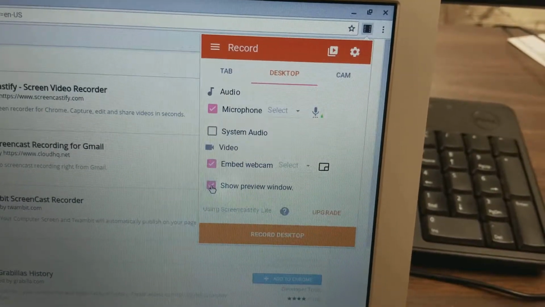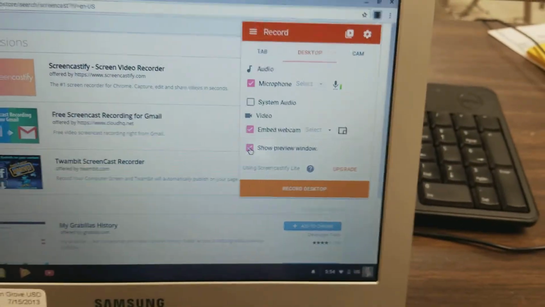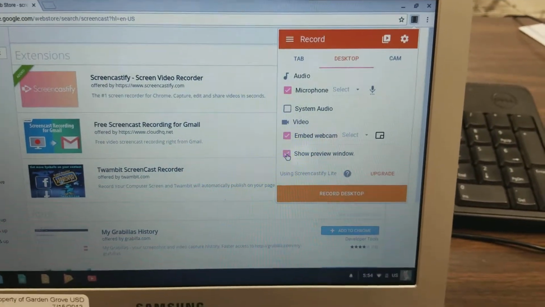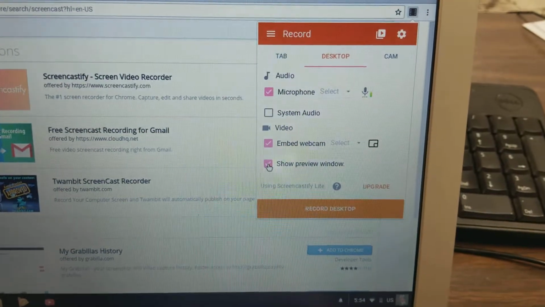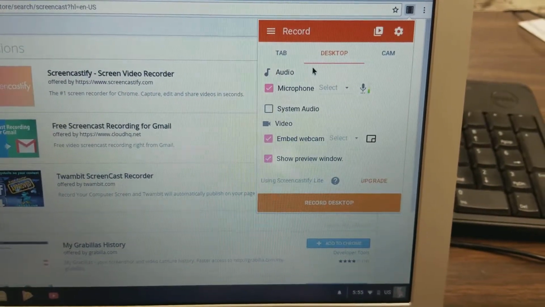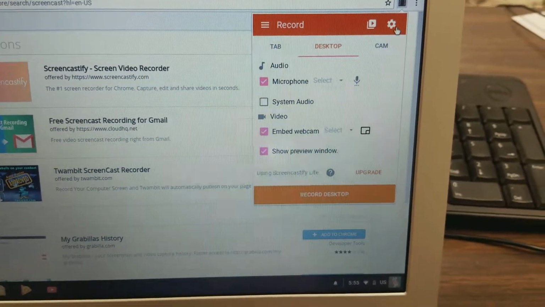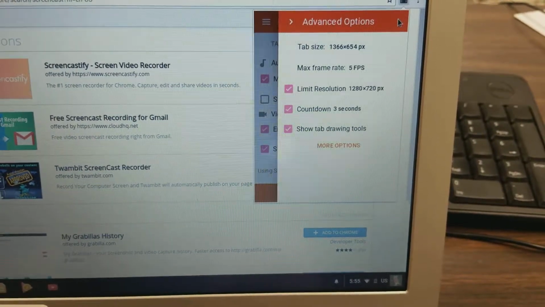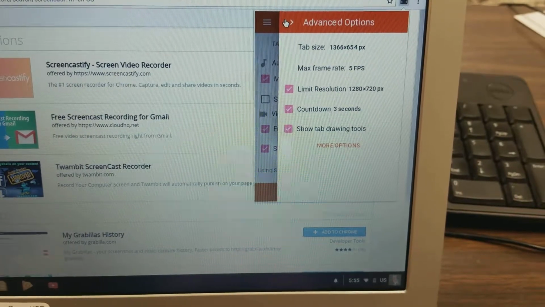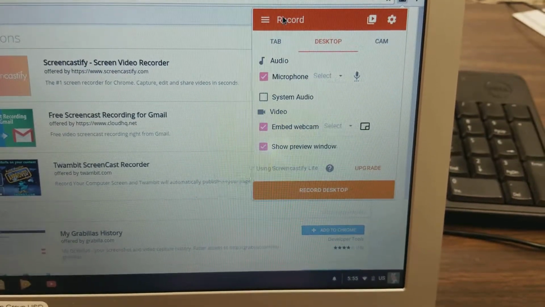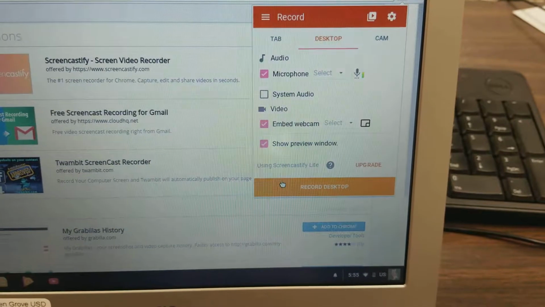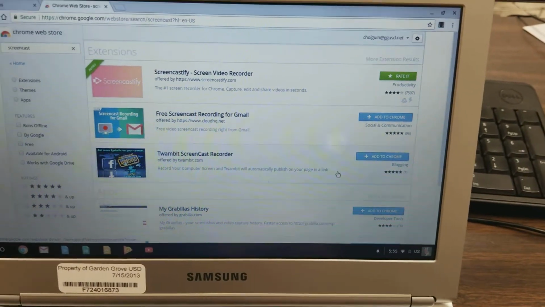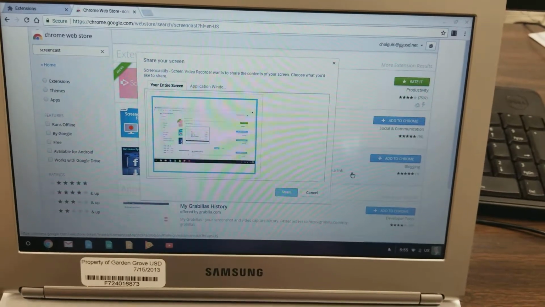You can click this preview window, and when it's recording, it'll create a little preview window at the bottom to show you what you're recording and what the finished thing is going to look like. So yes, you want to record from the microphone, that's fine. There's various settings you can go through to change the resolution and such, but generally, most of the time, the default settings are going to be fine. And then if you decide to record, like suppose I want to record what's on the computer screen here, I just click Record Desktop, and